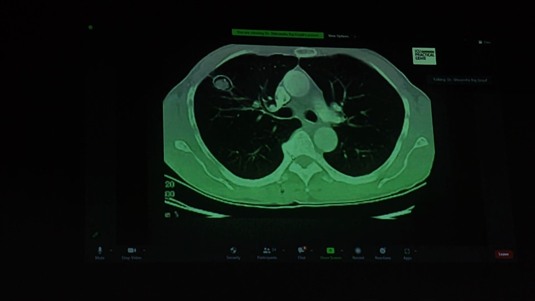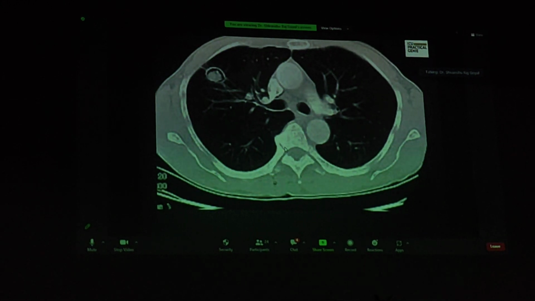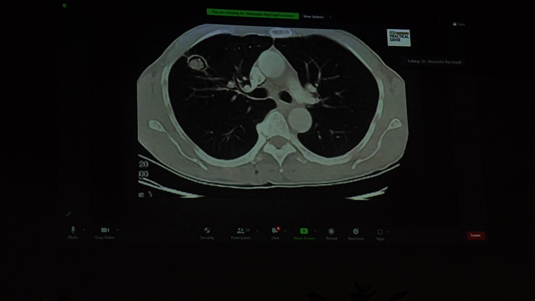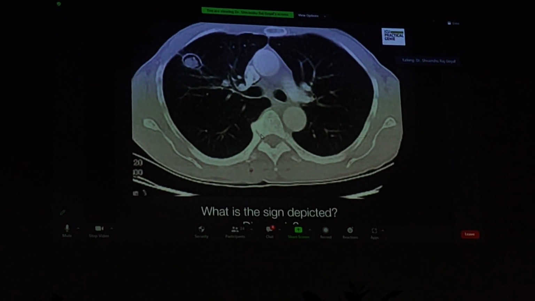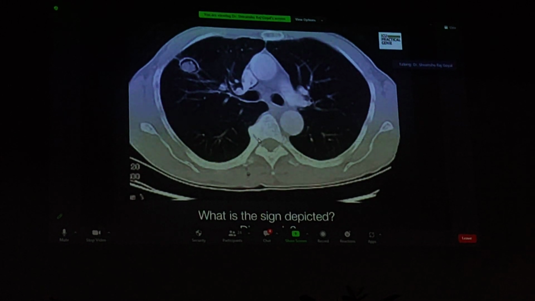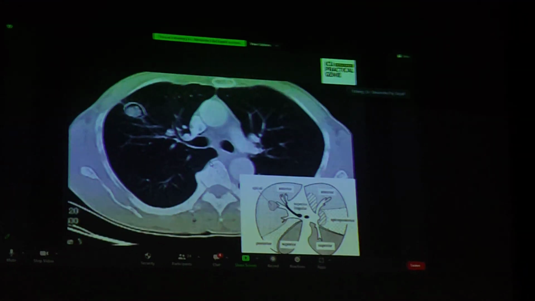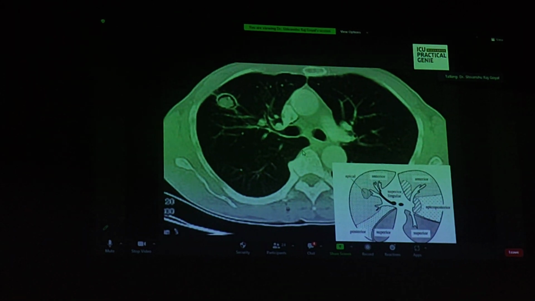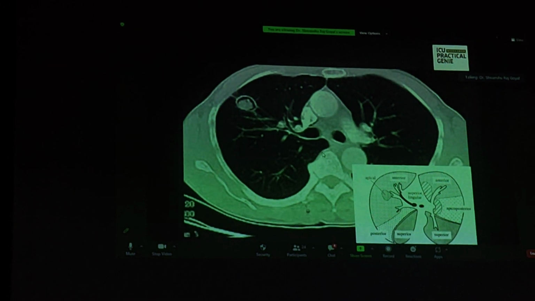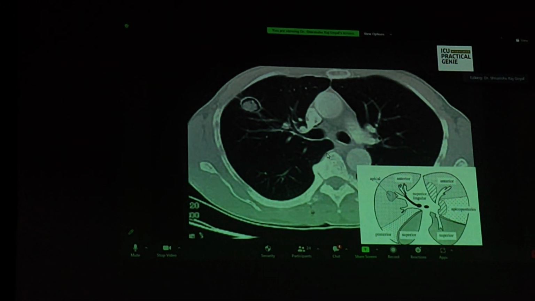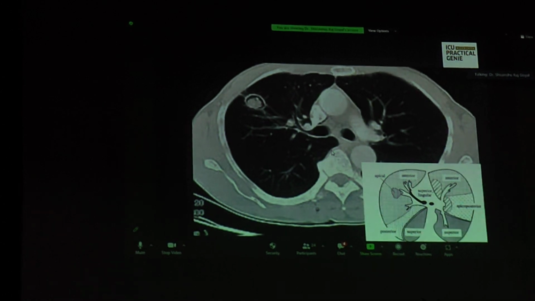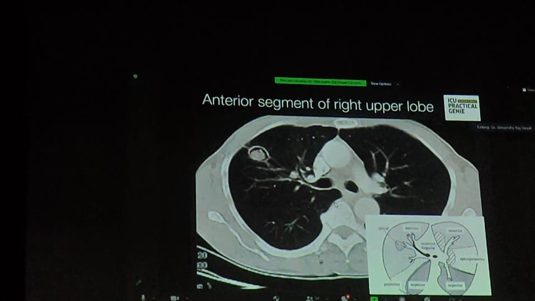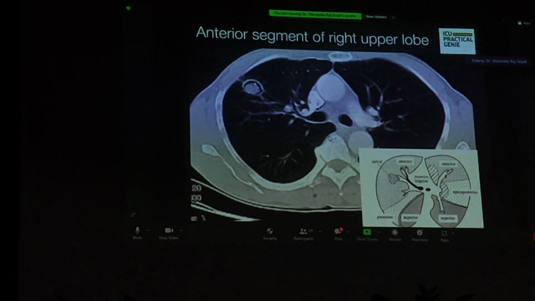You see this opacity in the right upper lobe, and there is a classical sign depicted here. This patient has come to you with a massive or large hemoptysis. This is a typical pattern of somebody coming with an air crescent sign. That is an aspergilloma. Aspergilloma can create a large volume hemoptysis, and when it moves inside the cavity, it will cause frictional hemoptysis. So this particular patient had the anterior segment of the right upper lobe involved, because it was taken at the left pulmonary artery level.